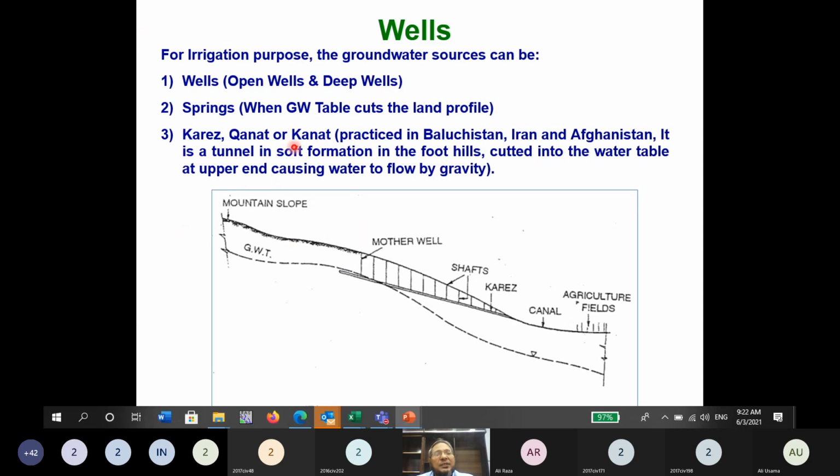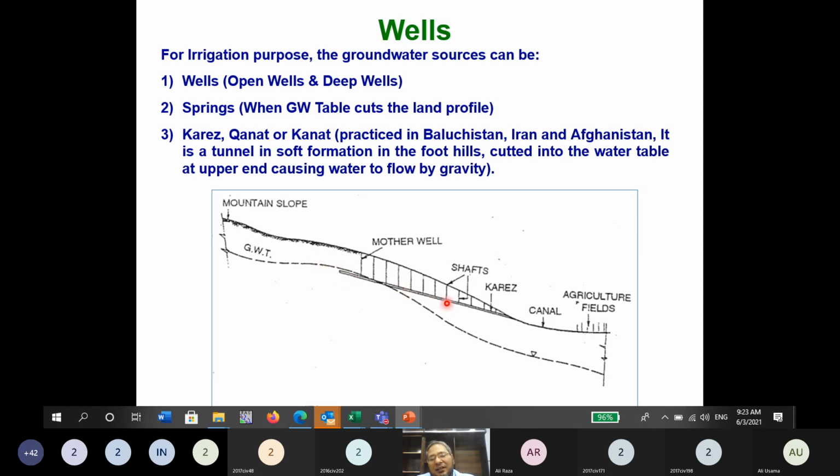Actually यहाँ पे hill है बहुत बड़ी है, ये hill का foot है, तो यहाँ से वो क्या करते थे कि यहाँ these are the vertical shafts, so they were making a tunnel like this, vertical shaft बनाते थे और आगे connect करते जाते थे, and then this was the water table. तो यहाँ पर ये tunnel water table के नीचे आ गया। जब ये नीचे आ गया तो वाटर टेबल से